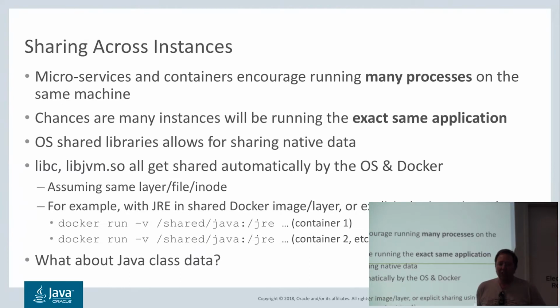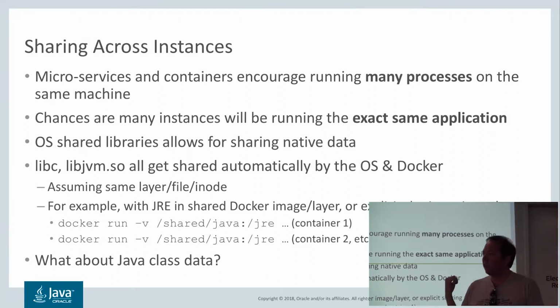So if you go back and look at what operating systems do, you'll know that they'll use shared libraries, like libc is a shared library. You have other native shared libraries. And the whole point with them is that if you have multiple processes reusing that same library, only one copy will be in memory, and it will be shared. There are two parts to that. There's the read-only part, which is trivially shareable, and there's normally a read-write part, which gets copied on write. So it starts out being shared, and if you start modifying it in your process, you'll get a copy.